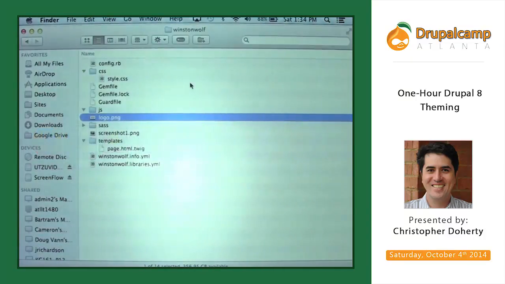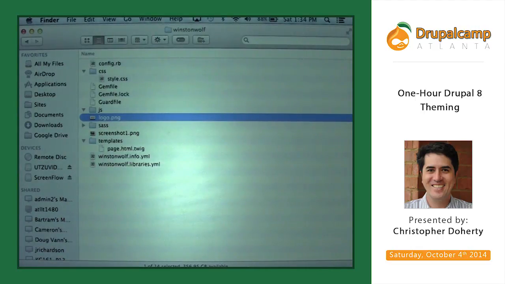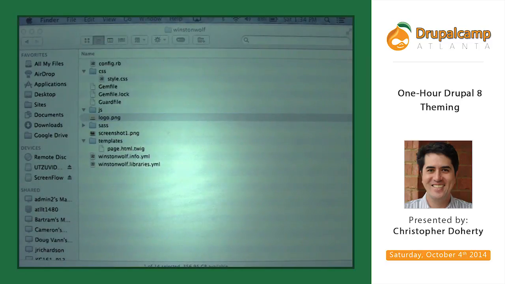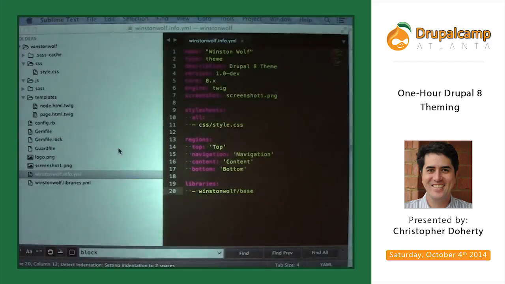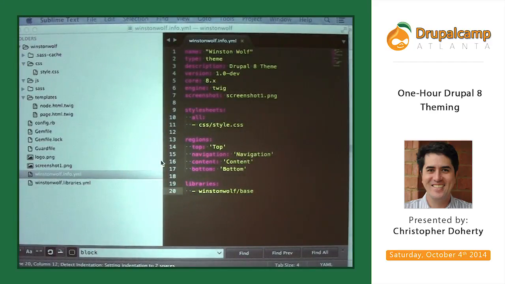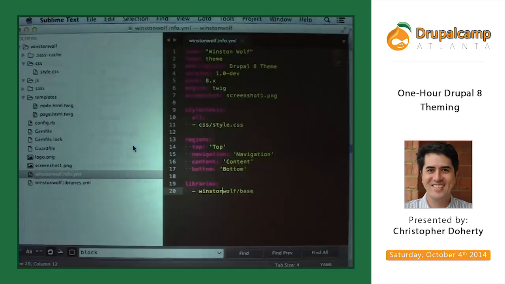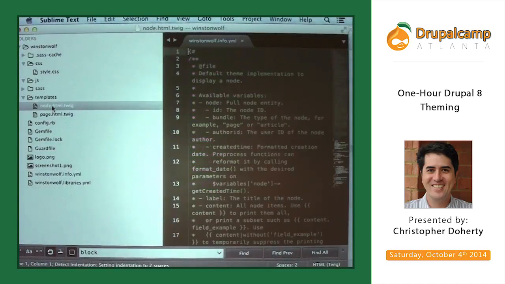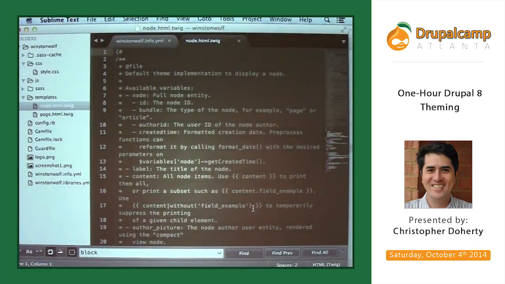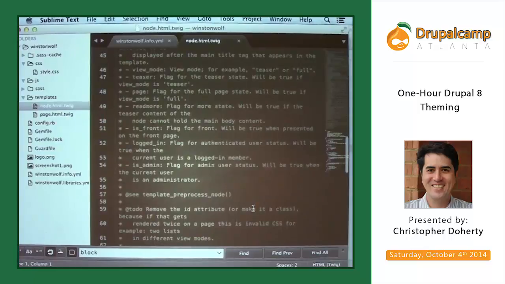But one of the things I do want to show you is a node override with the block. So I'm copying this node template, Twig template, from the core node module folder. So when I open it up, I'll demonstrate how a block works.